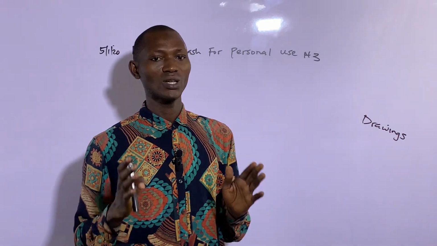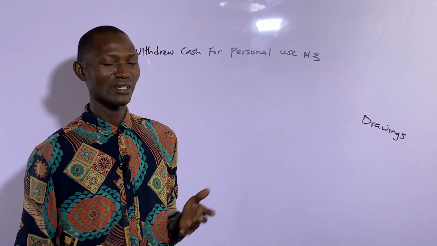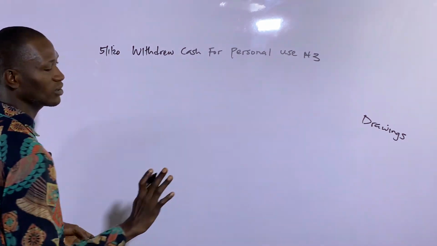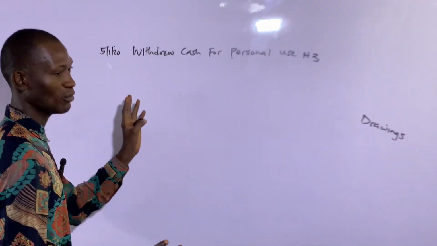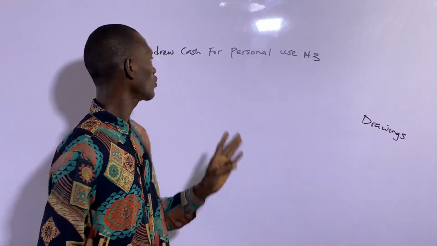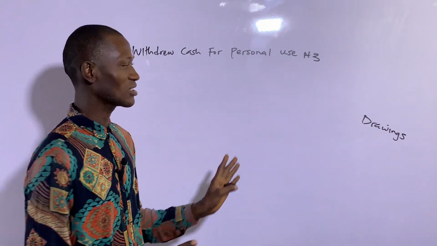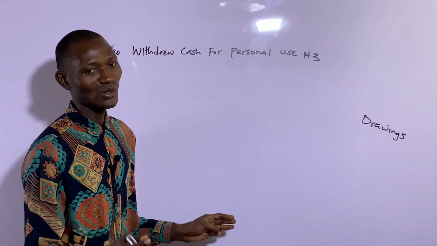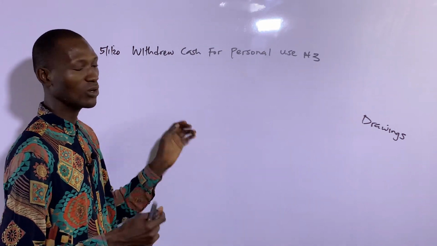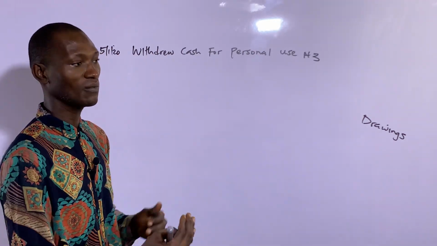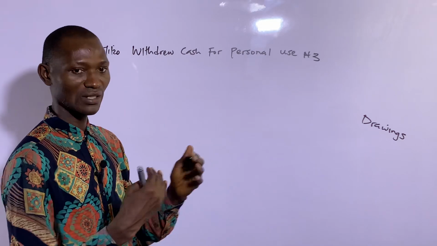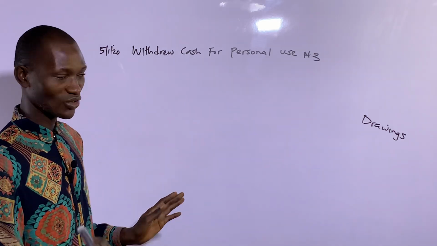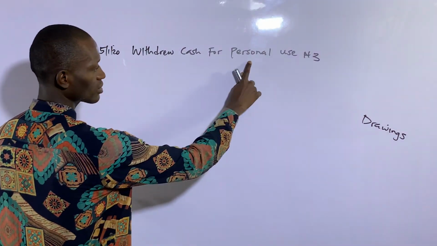And I did say the concept that supports that is the business entity concept. So anytime you hear withdrew for personal use, it is drawings. But the opposite of this could be withdrew cash for business use. For business use is not drawings. It's called contra entry. But we're going to get there when we get to cash book. That one is called contra entry, a transaction which involves the lodging of cash between the office and the bank, or the withdrawal of cash from the bank for business use. That's contra entry. But this is drawings because of the personal use.